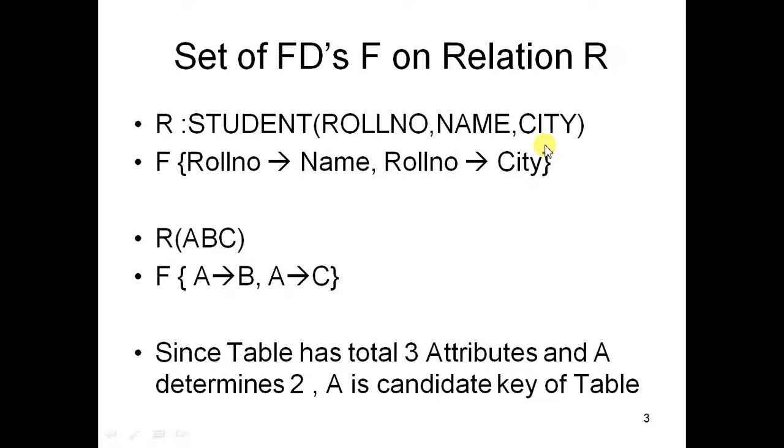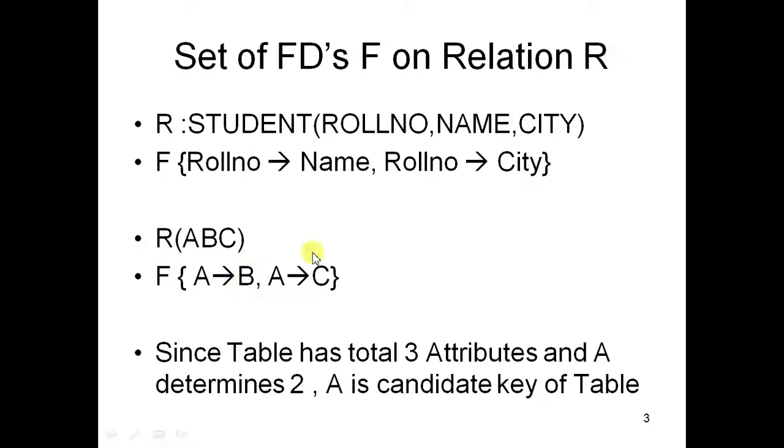So please understand this thing. It is very, very important before you move ahead to normalization and other concepts. I hope it is very clear to you. These are two different types of representation. The table name is in capital letters. It is not necessary to write it in capital, but here I have written it that way. FD is written like this, or it can be R(A, B, C, D), or PQRS, or something like this.